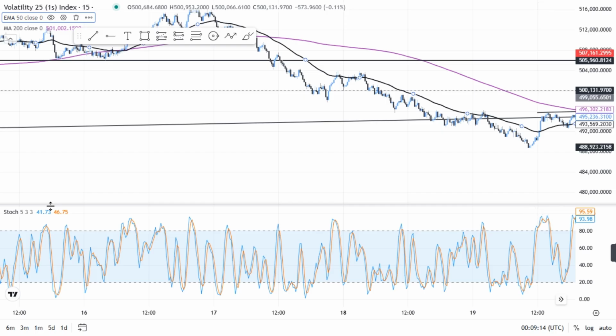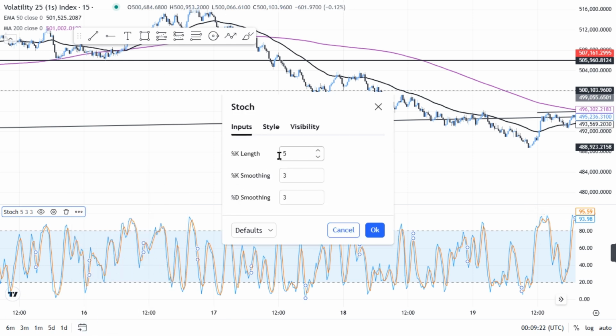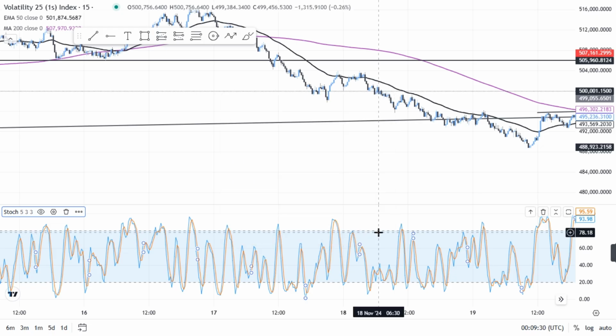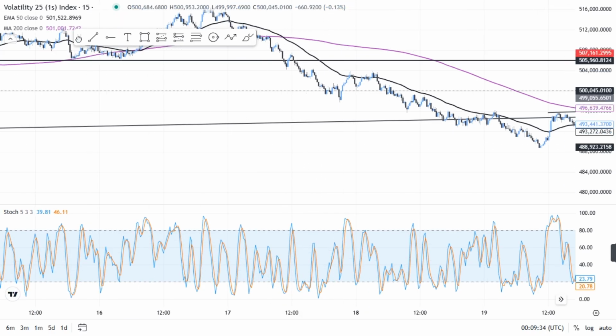And for the stochastic oscillator, we're on the MT5, so we're going to be using the default settings. We set them to 5, 3, 3, or just the default on your MT5. Then you click OK. So here, what we're going to be looking for is, first of all,